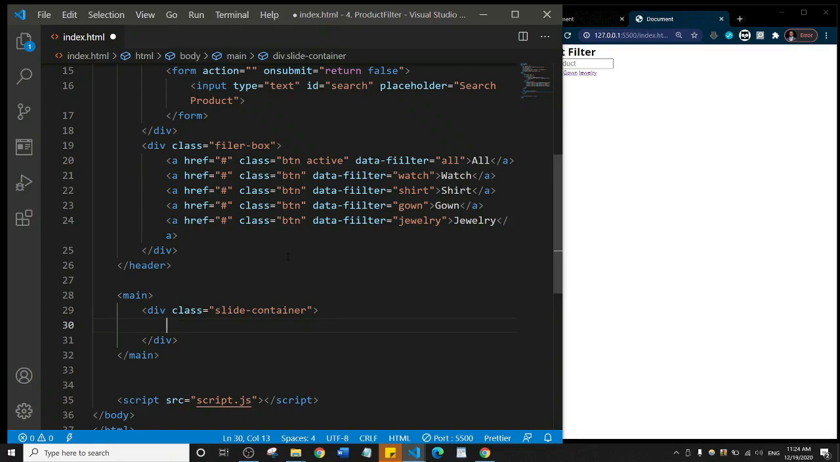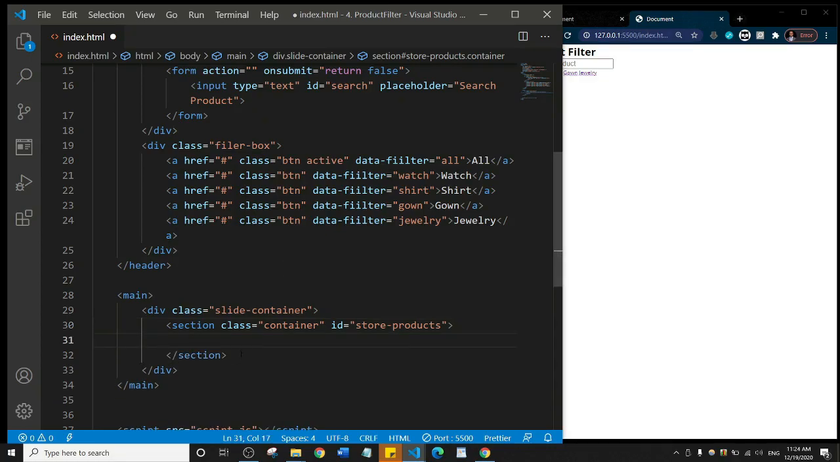And inside this div, I'll create a section with a class of container and an ID of store-products. Okay. And it's inside of this section where we're going to have all of our products. Okay. So let's go ahead and create the product. So div.store-products,